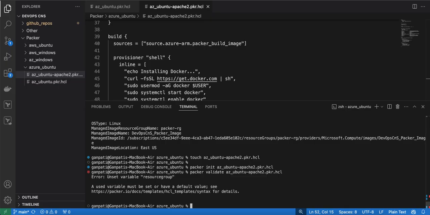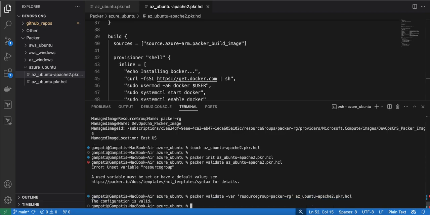The value of the resource group, it is saying it is not set yet. So to fix this error, I will run packer validate and pass the variable. The name is resource group equals packer-<name>-rg, and then the file name. Now the validation is done properly. This is the way we can pass the input variable while executing the command,